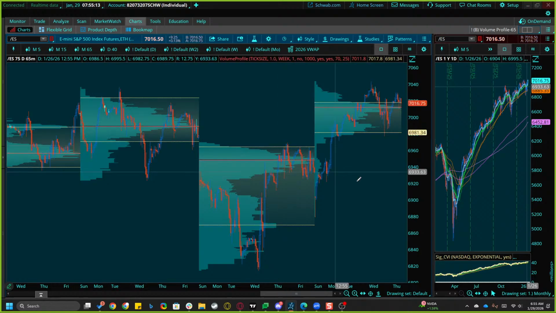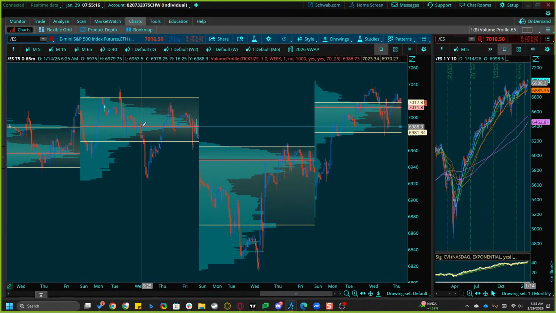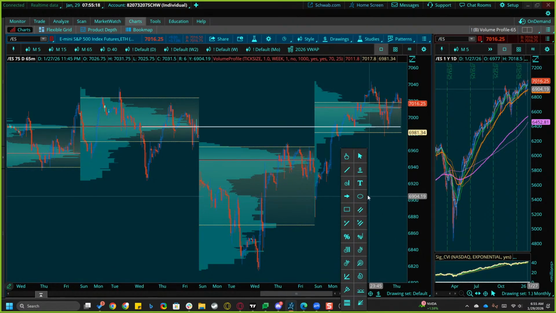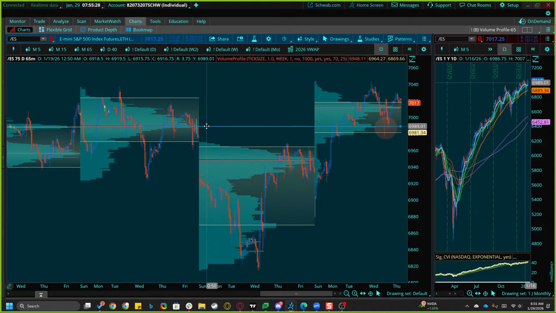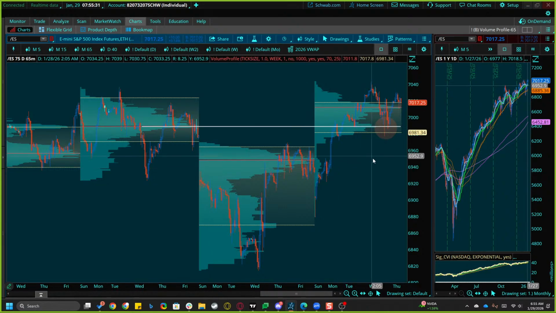We talked about this point of control earlier in the week, with the suggestion that if we were to come down into that level, we'd likely see a response there. And that's what we were witnessing yesterday afternoon, 69.92 or 69.88, right around that level. And I would say keep your eye on that level. One, it's a COG line, so you should be watching it anyway. But two, it's still a structure.